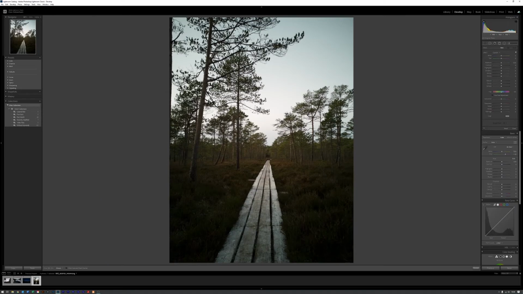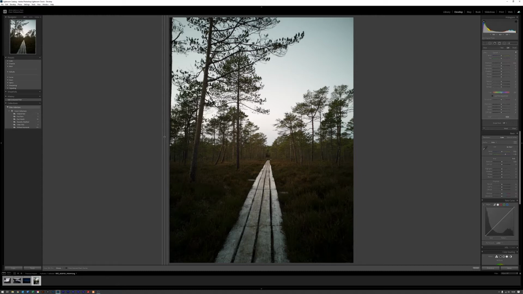So what we're going to do is come across, we can see we've got a little cross here, we're going to come to the left hand side. It doesn't really matter which side you do, but I'm going on the left hand side to start with, and I'm going to click and drag a very shallow line across, and you can see it's made no difference to the image whatsoever, and that's fine.